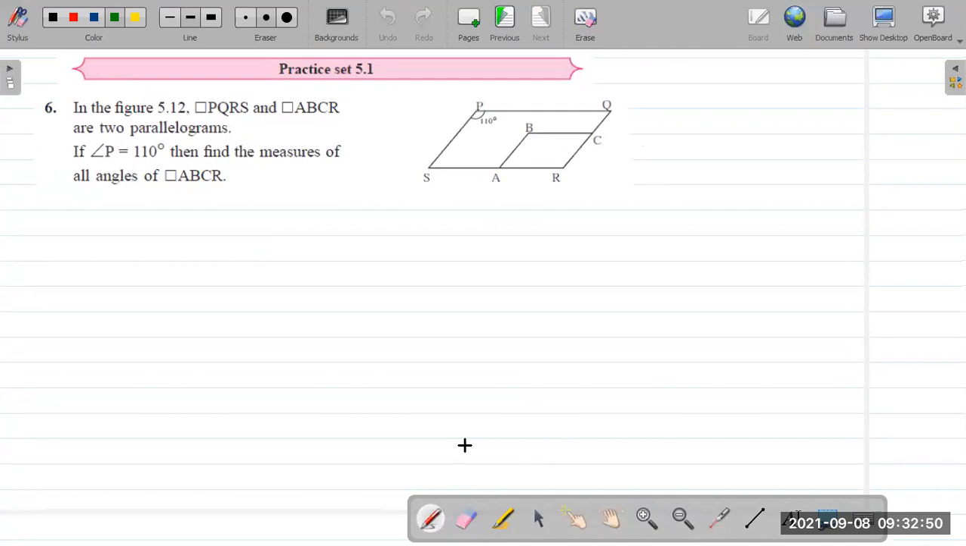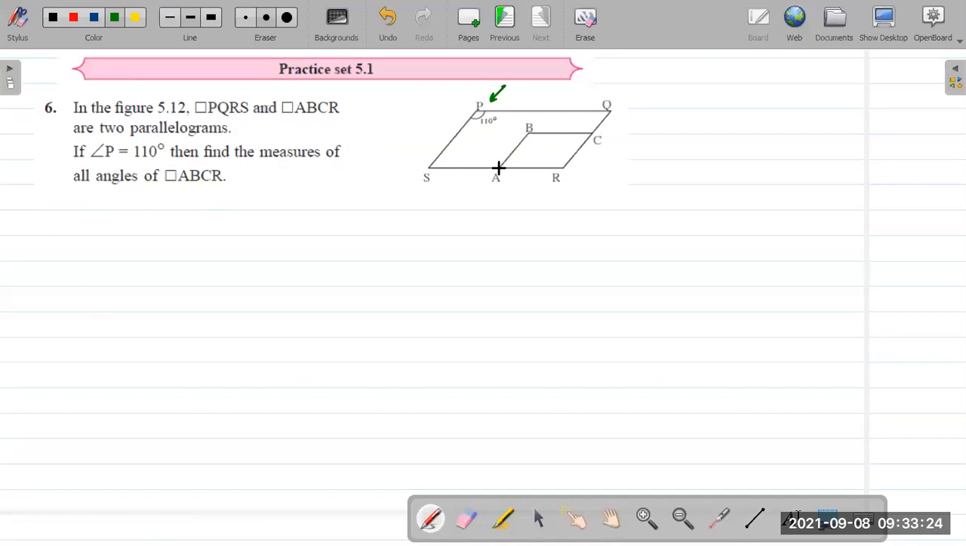Question number 6. In the given figure, PQRS and ABCR are two parallelograms. If angle P is 110 degrees, then we are asked to find the measure of all the angles of ABCR. So we are given that PQRS and ABCR both are parallelograms. One angle P is given to be 110 degrees, and we are asked to find the measures of all angles